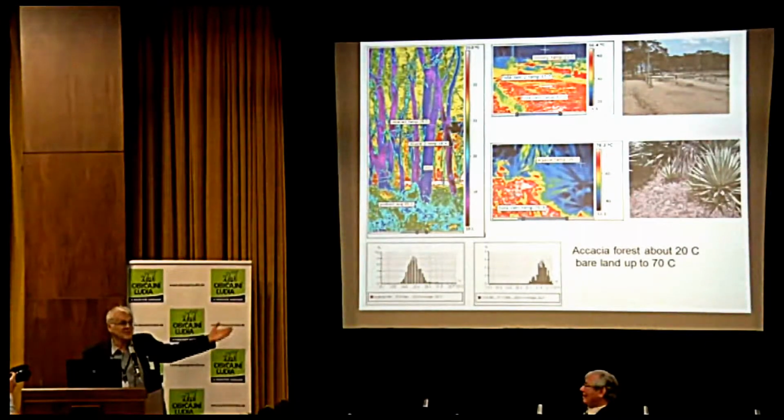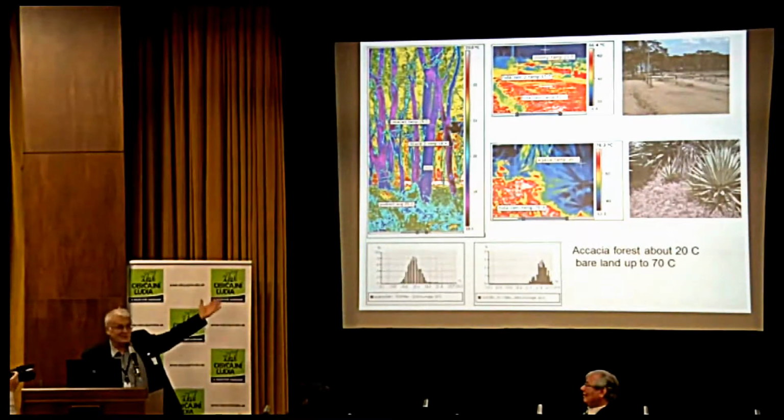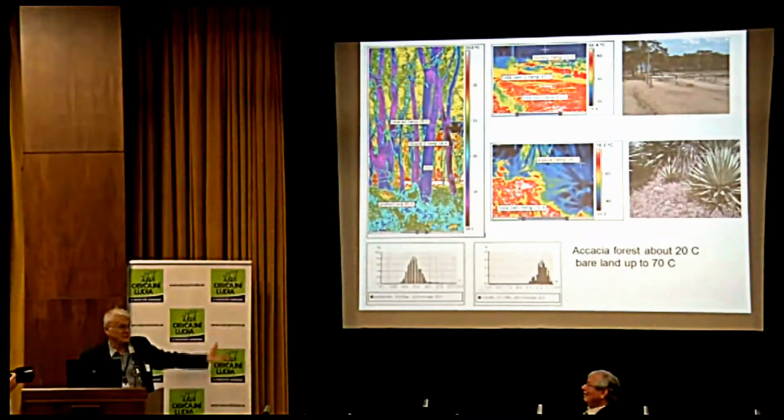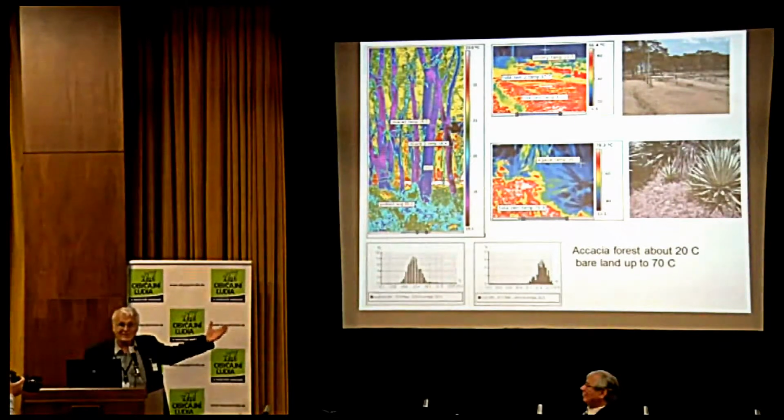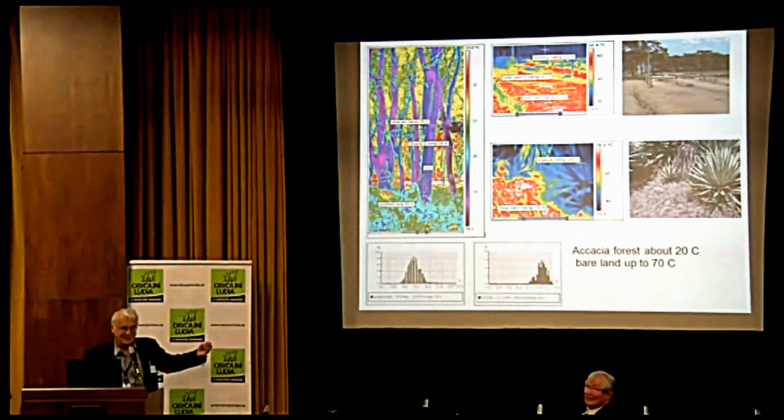So we see 70 degrees on sand and 20 degrees in the acacia forest, because the forest, the trees, they cool. And I think this is the whole story, that vegetation and water are really able to decrease temperature, and not only